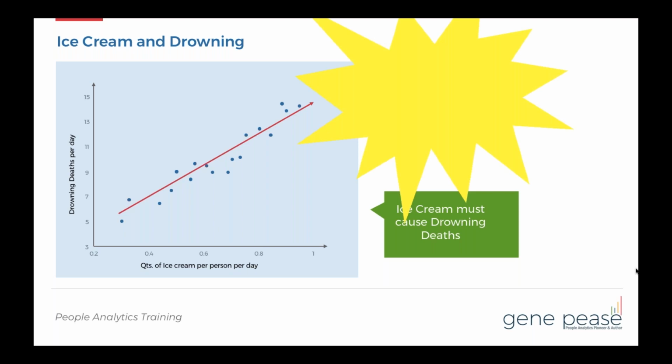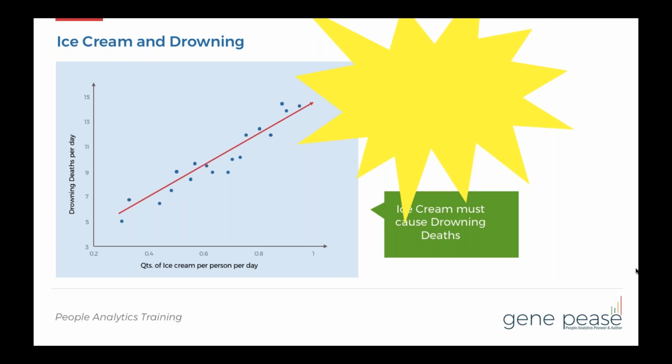When the sun comes out, it gets warmer, more people go swimming, more people die. When the sun comes out, it gets warmer, more people eat ice cream. There's no relationship between ice cream and drowning deaths to each other. The relationship is the sun. So this is a crazy example, but it's a real world example of be careful with the data that you